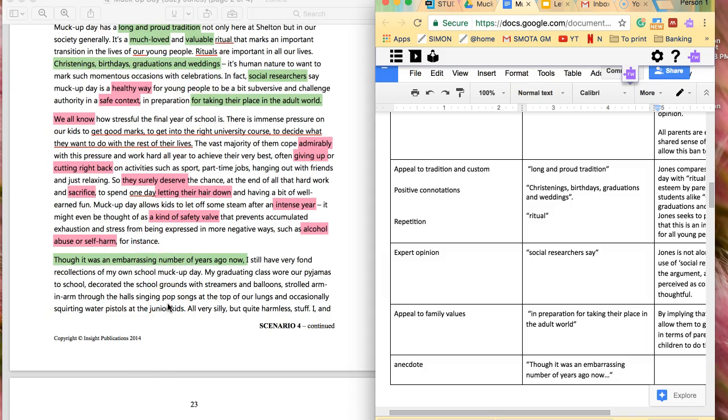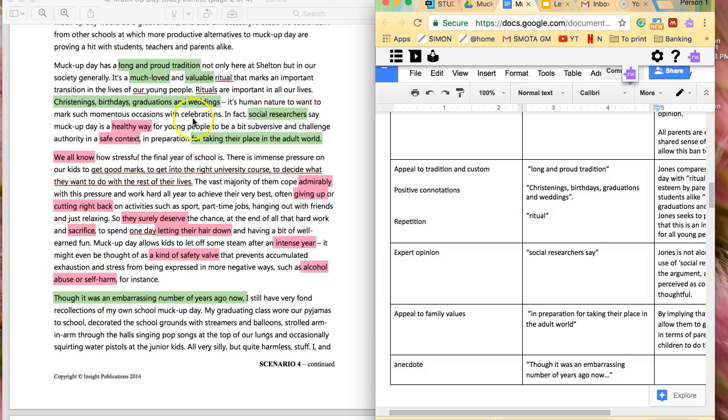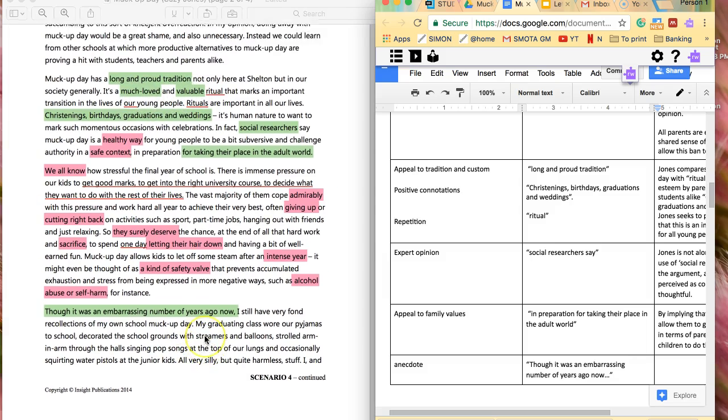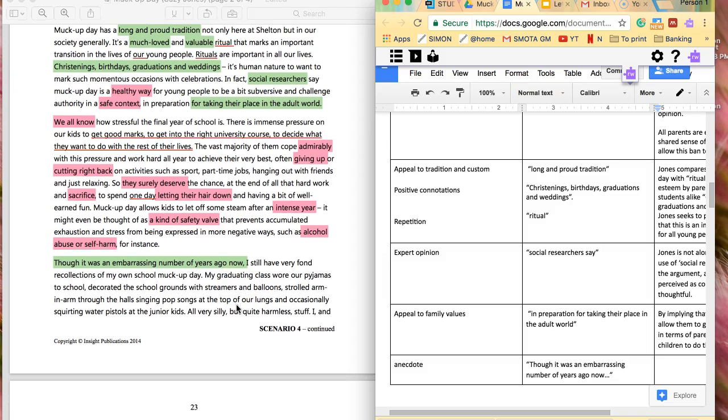This isn't always the case, but I think that this anecdote here, where she's talking about her own experience of Muck Up Day, is part of the point she's trying to make about a long and proud tradition, much loved and valuable, because she's talking about how it's much loved and valuable for her. These terms are very positive and emotional. It's clearly a happy event and memory for her, and she wants that for her children, and she thinks that obviously other parents will want that for their children too, and that's why she brings up this